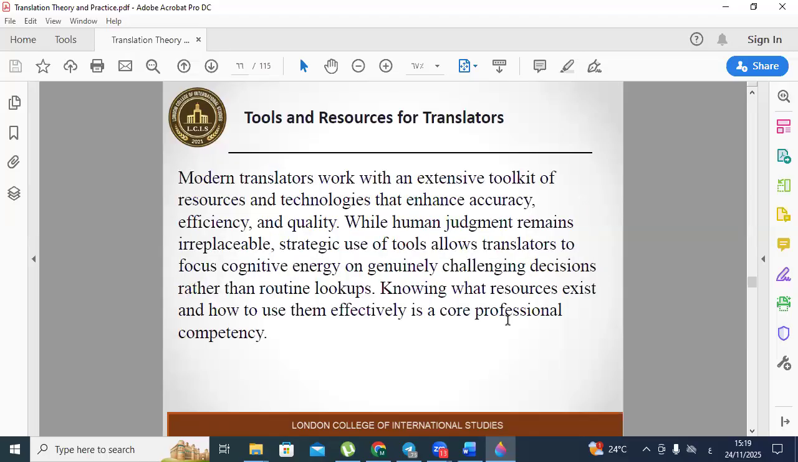So let's move now to tools and resources for translators. Modern translators work with an extensive toolkit of resources and technology that enhance accuracy, efficiency, and quality, while human judgment remains irreplaceable. Strategic use of tools allows translators to focus cognitive energy on genuinely challenging decisions rather than routine lookups. Knowing what resources exist and how to use them effectively is a core professional